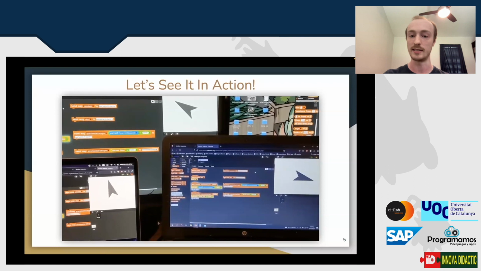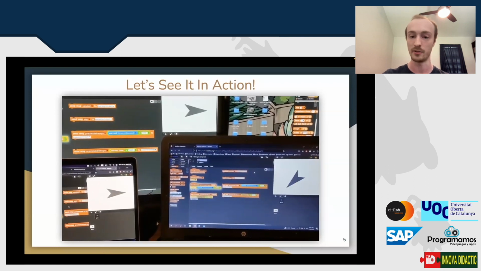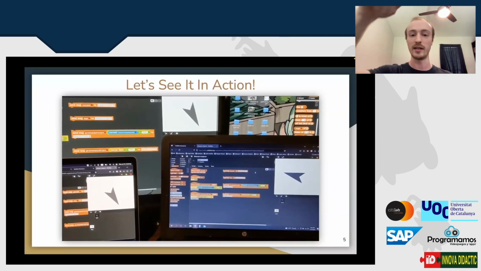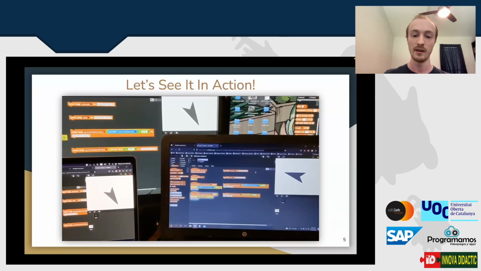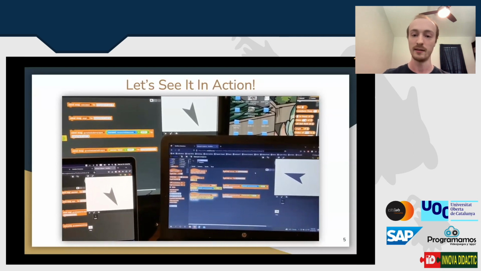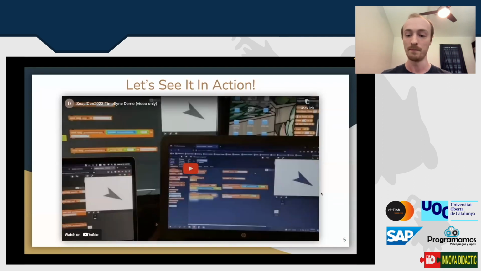And here is the non-synchronized version. So you see that the bottom right started much before the other ones because its clock happens to be a few seconds ahead of the others. But even the others didn't start exactly at time. But now here's the one with time sync. And you see they pretty much all start exactly at the same time with minor fluctuation between them.